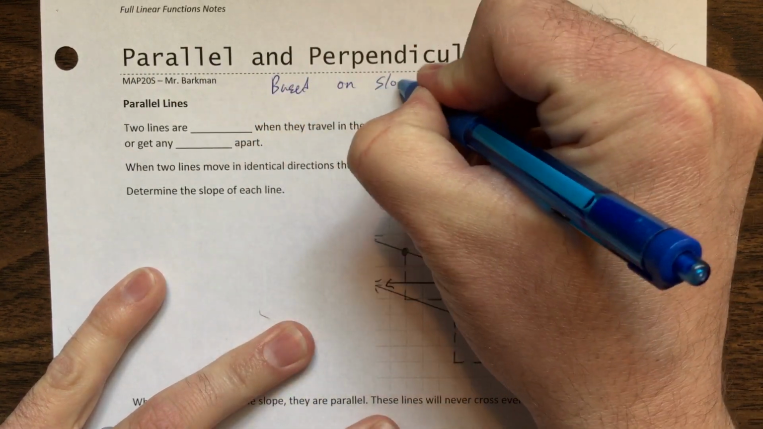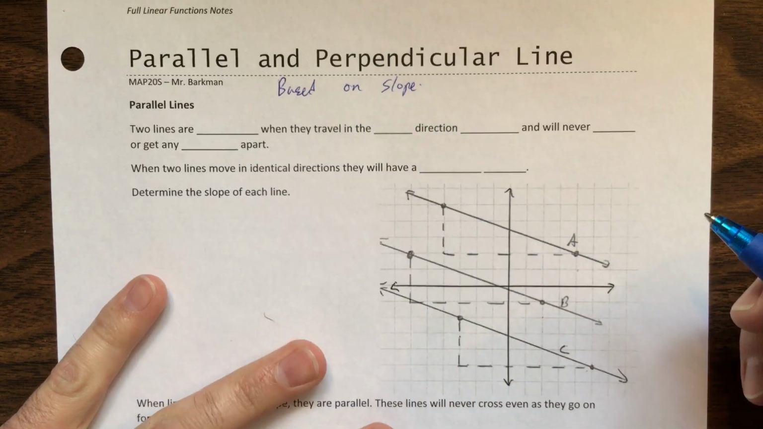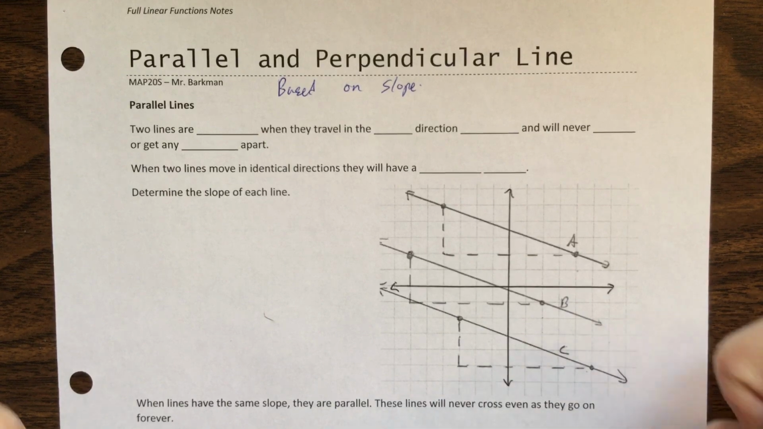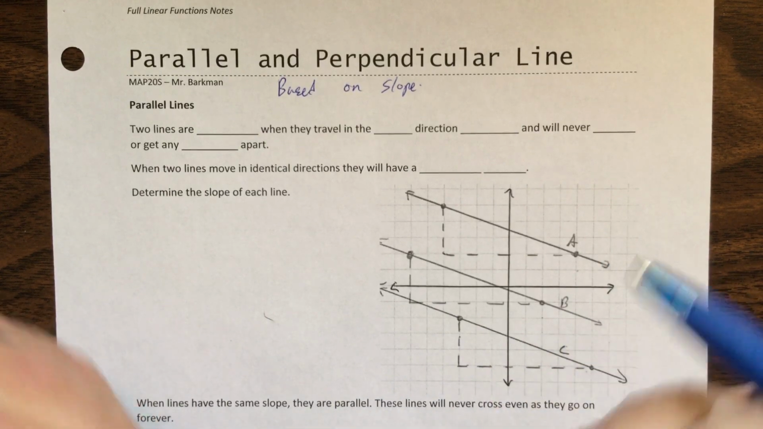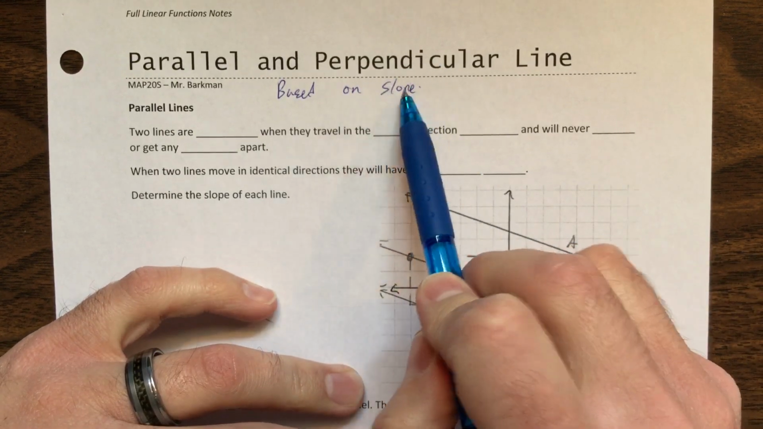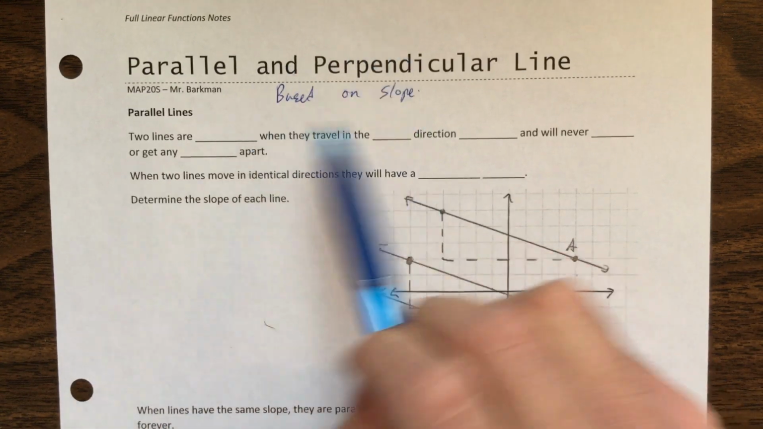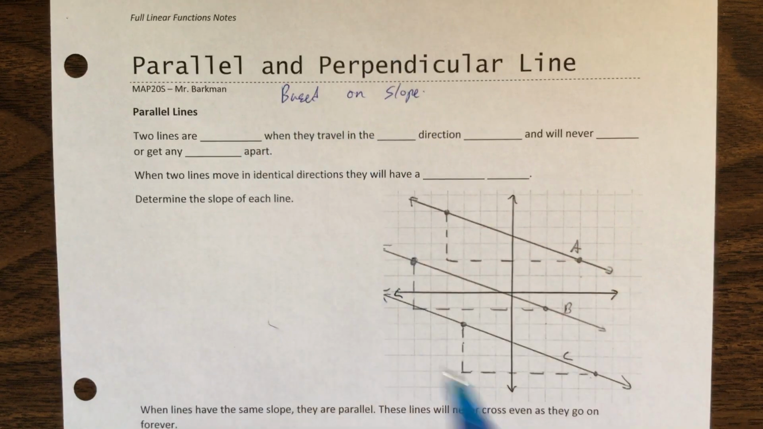on slope. So if you ever see a question that deals with parallel and perpendicular lines, it's always dealing with slope, okay? It never matters how you draw them out or how they look. It's always a matter of slope. So that's my little 30-second rant there on making sure that we are understanding our parallel and perpendicular lines are